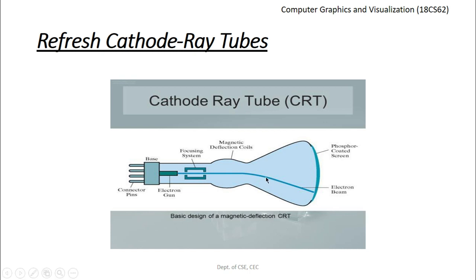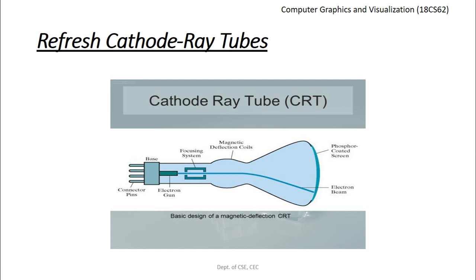A beam of electrons is emitted by an electron gun, and it is going to illuminate a spot on the phosphor screen as it passes through the focusing and the deflection coils, as shown in this particular diagram. So an electron gun is going to emit a beam of electrons. The electron beam shall pass through the focusing and deflection mechanisms. These systems direct the beam towards specific positions on the phosphor coated screen.